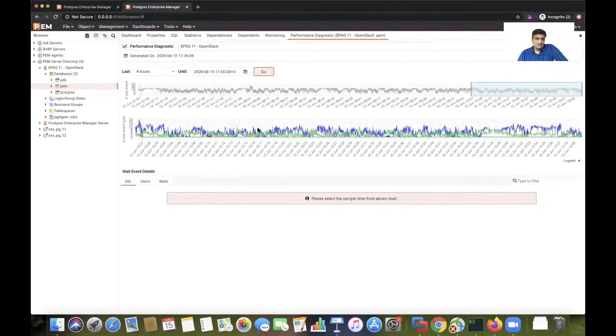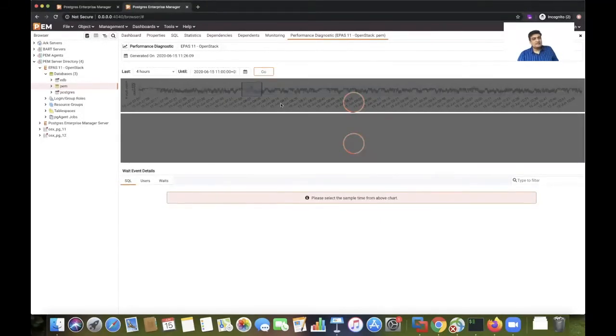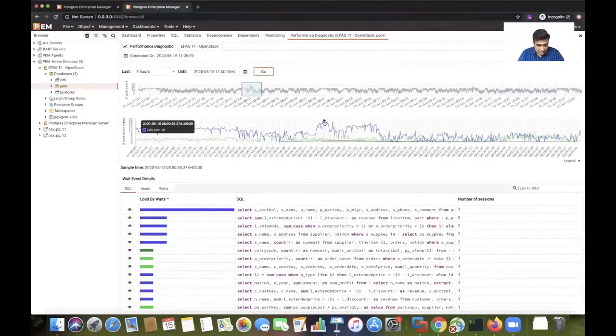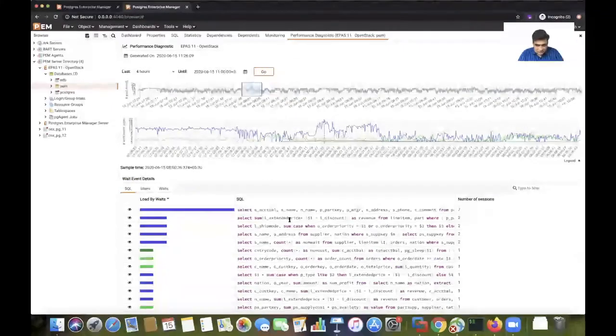Now, I have selected 4 hours from this. I know that there were some issues that happened in an older period of time, so I go to that particular point of time and select that timeline. I could see certain spikes here, so I would like to go into these specific areas. I'm loading that data at the moment, and I can see a lot of spikes are happening here. So I would select a particular timeline, and see how many sessions were running, in what time period, and what wait events were happening.